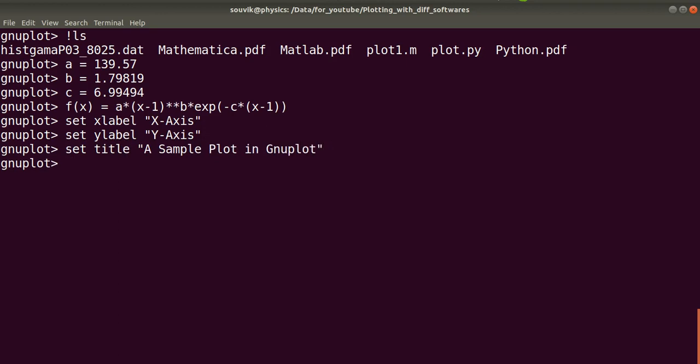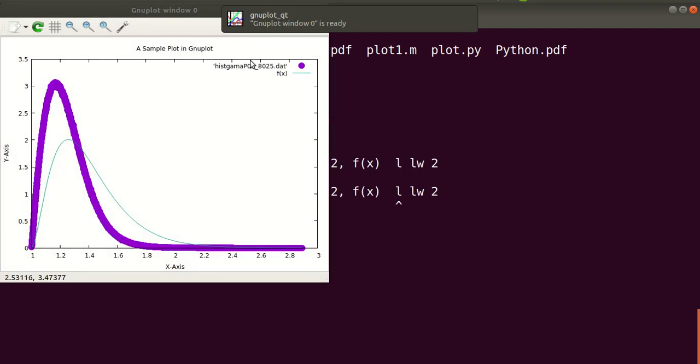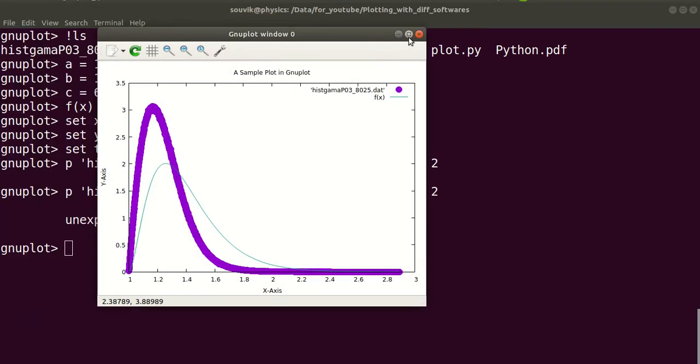Done. And then what you need to do is plot the data file name with points, point type 7, point size 2, and then comma, f of x with lines, line width 2, right? And it's done. So it's so easy in GNU plot also.